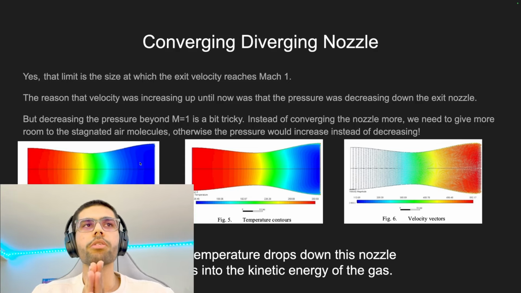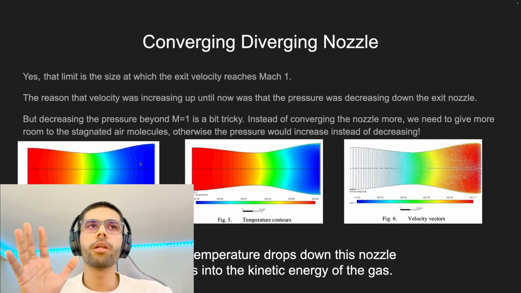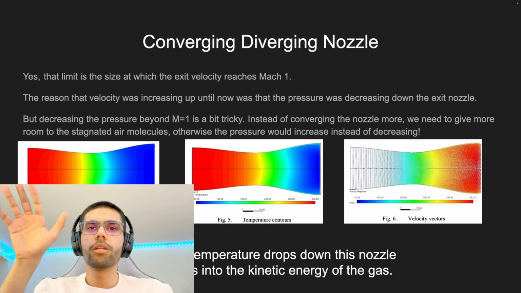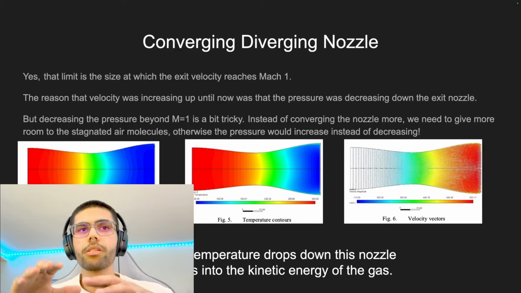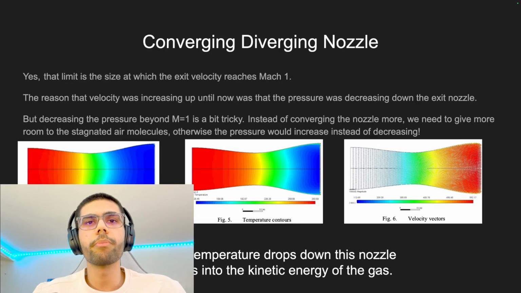But now you can ask, what's the best point? You can just keep on increasing the area further and further and get the gases at higher and higher velocities. But